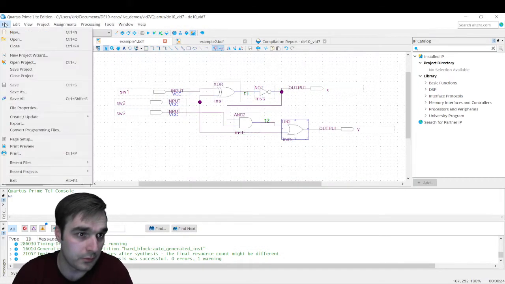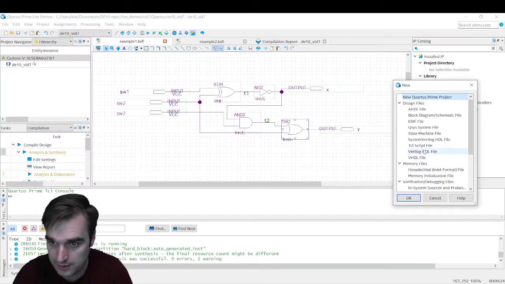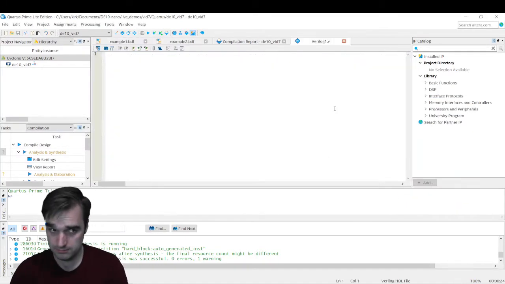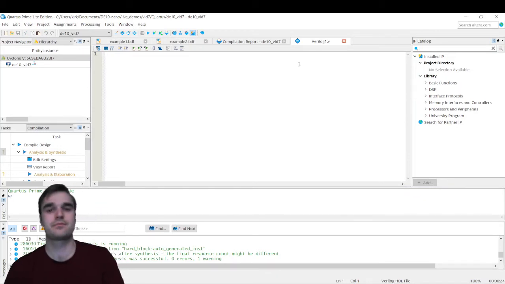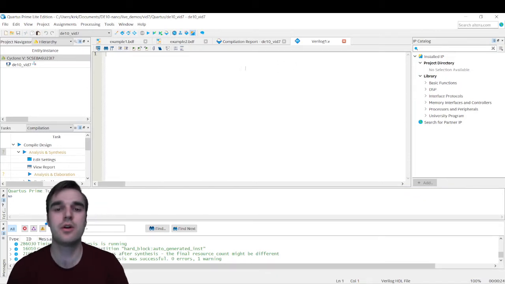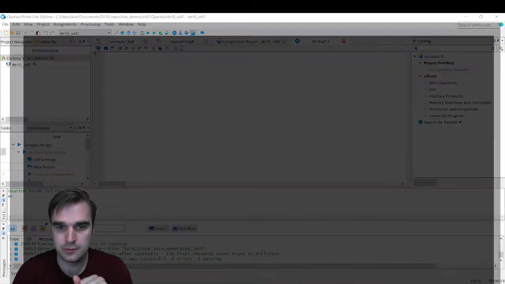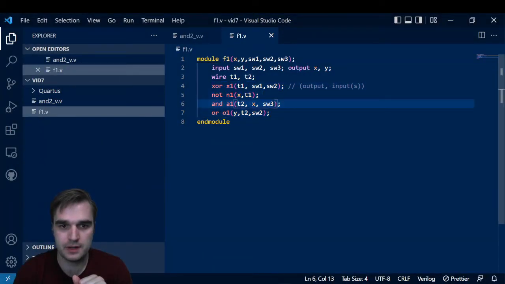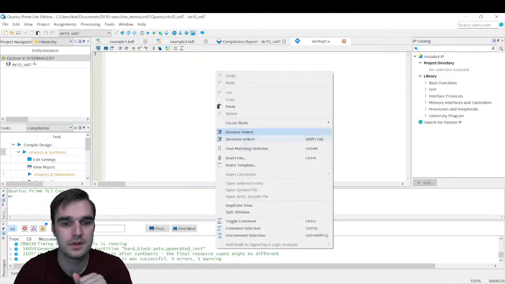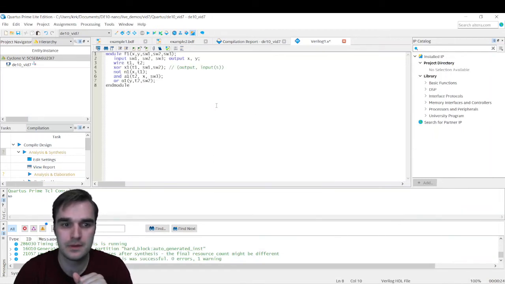So now what we're going to do is say File, New, and we're going to add a Verilog HDL file. And here it is. And we're going to write our code in here. So just to speed things along, I'm going to come back to this F1 module. I'm going to copy this and paste it in here. And you know what? Since I've done that, why don't we try